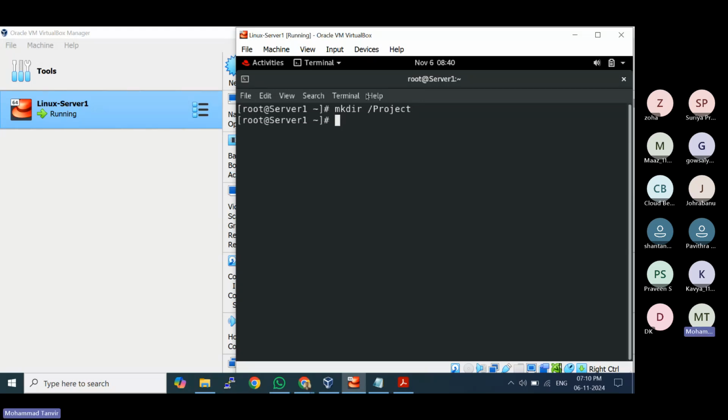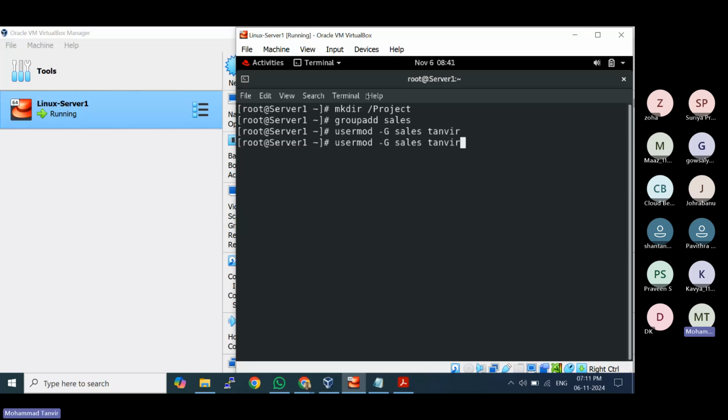Then root will create a group, groupadd, suppose the group name is sales. Okay. Then root will add users with usermod -G, group name, and username,